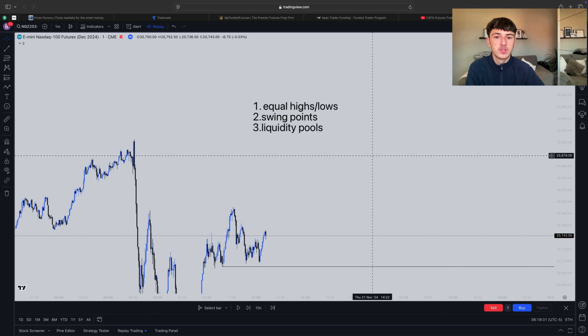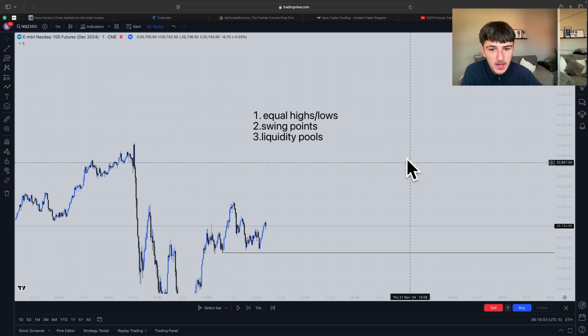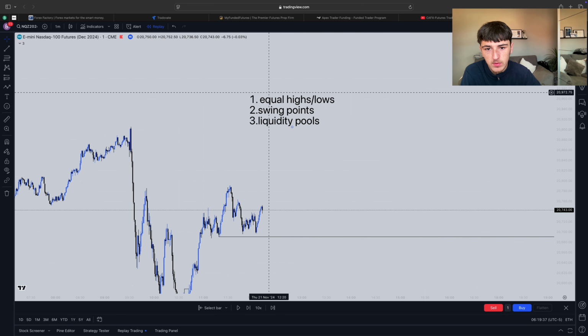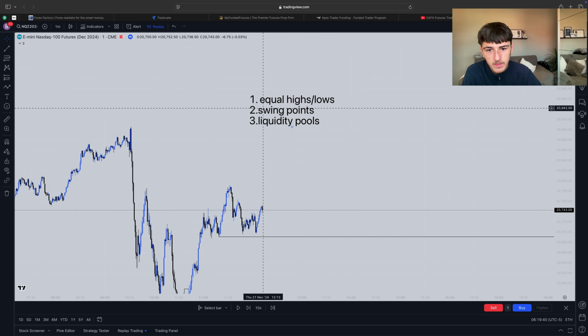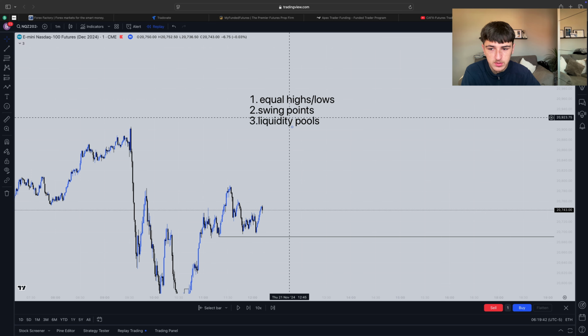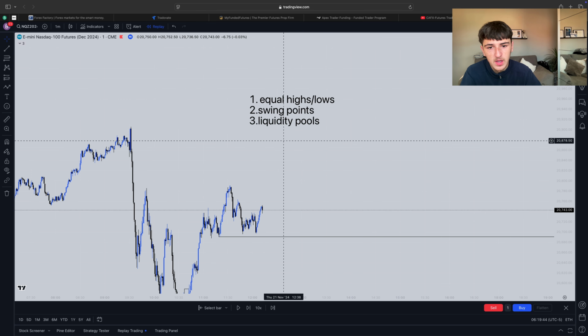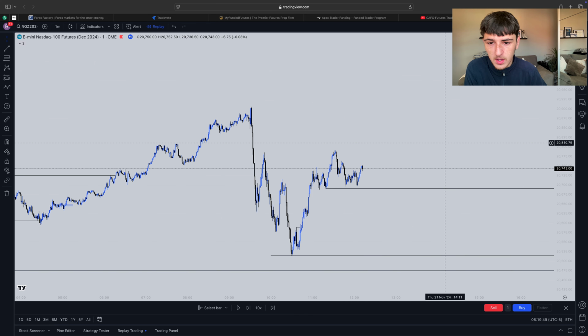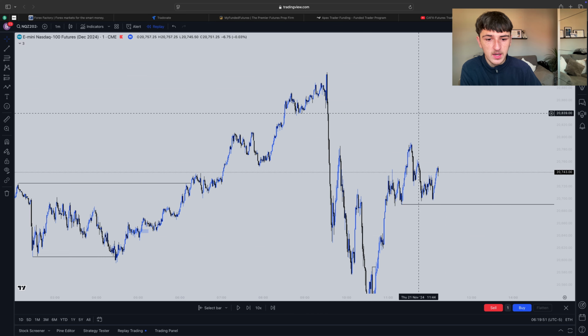Now those 3 are the ones that I use, in that order. Are the strong draws on liquidity. So in my strategy, I only look for equal highs and lows. If we haven't got them, then I'll target a swing point. And if we haven't got a swing point, which we always will have, I will also target a liquidity pool. I just want to touch quickly on the liquidity pool in the form of a trend line,